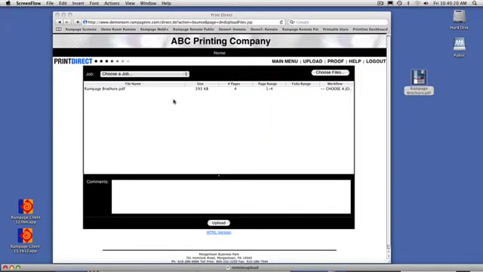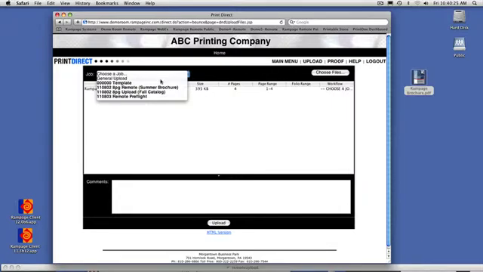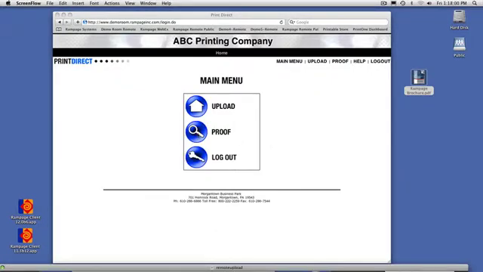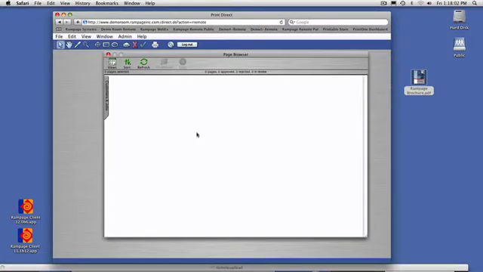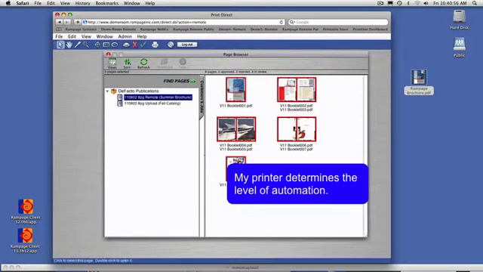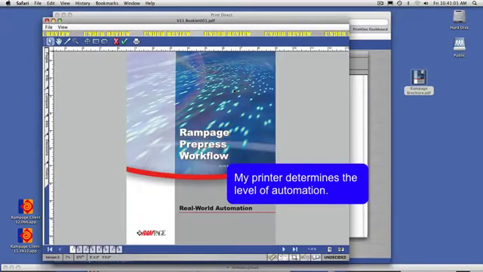The next level of automation is to upload a file directly into a job that my printer has set up for me. And depending on how they did that, it's possible for my files to auto-process in the Rampage workflow and essentially bounce back to me for review in the proofing application of Rampage Remote. Assuming I approve everything, this job can go as far downstream as my printer wants it to without intervention in